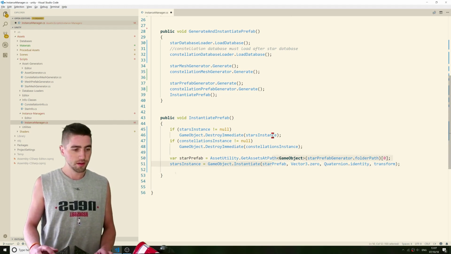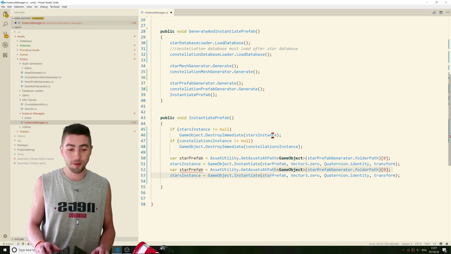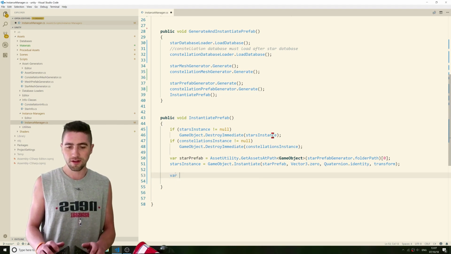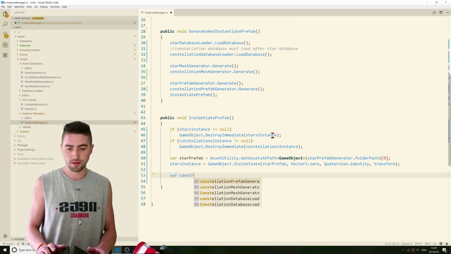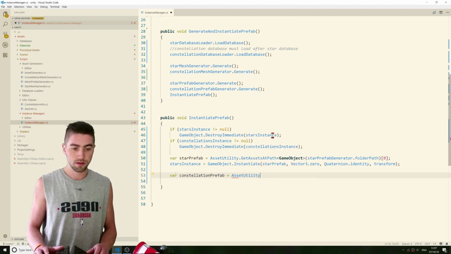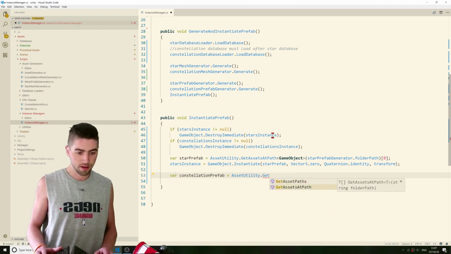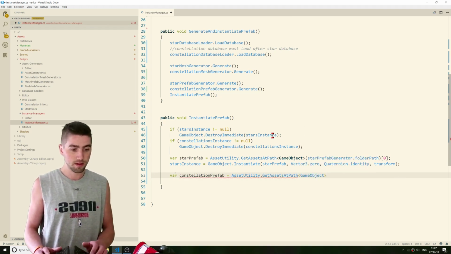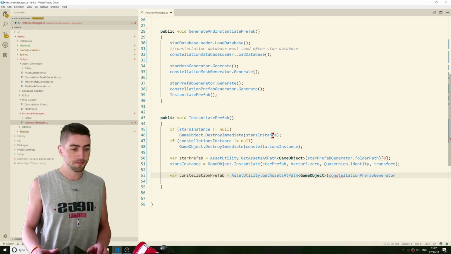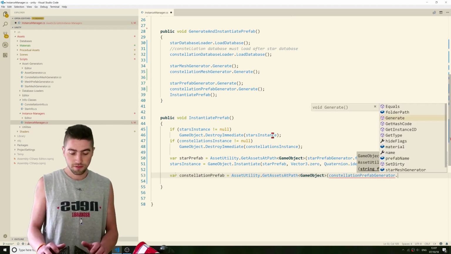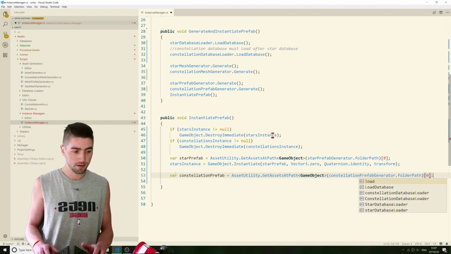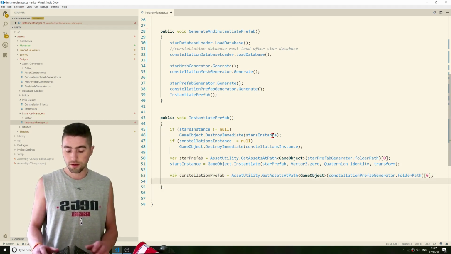And we're going to, oh, no, I'm not going to copy and paste this one because there's too many things I'm going to just look over and make a mistake with. Okay, var constellation prefab equals AssetUtility.GetAssetsAtPath type GameObject. This is a constellation prefab generator dot folder path, and the first index we're going to return. All right, and now our constellation instance